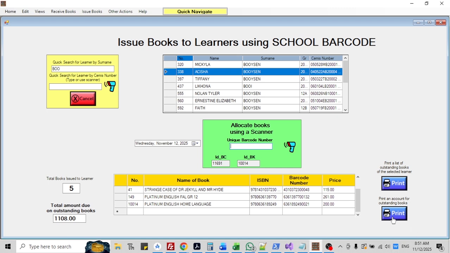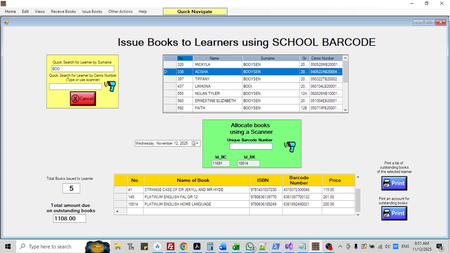I'm not going to show you the invoice now. It contains the school's heading and everything. It's a proper account which she signs, and we usually print it out in duplicate so that we keep one on record, because that is what the auditors expect. They want to see what proof there is that the learner has been issued a book.